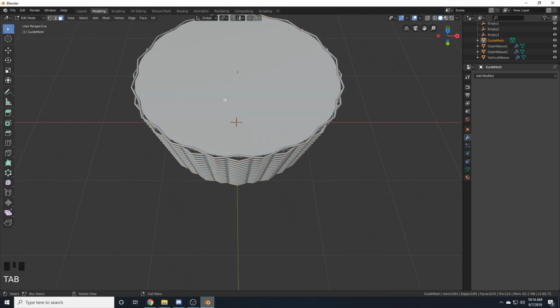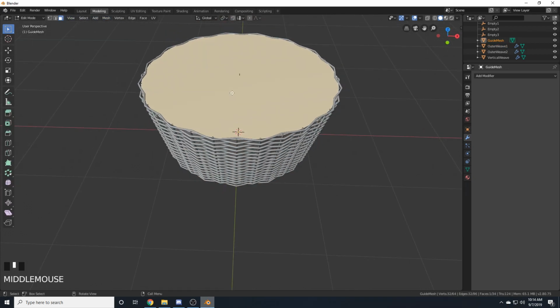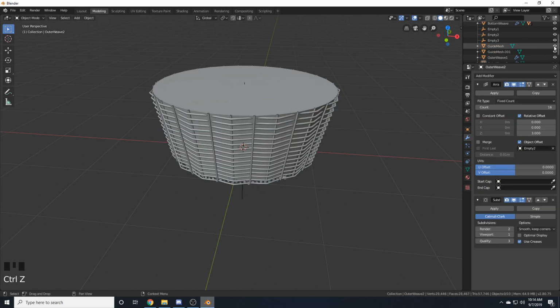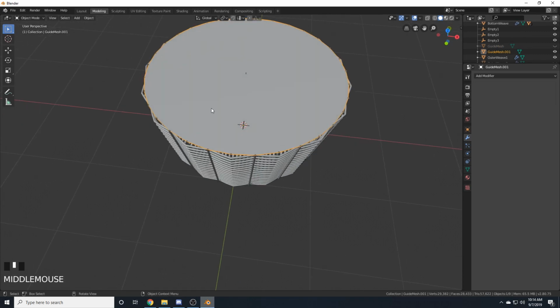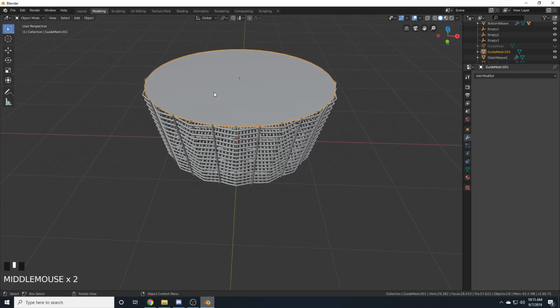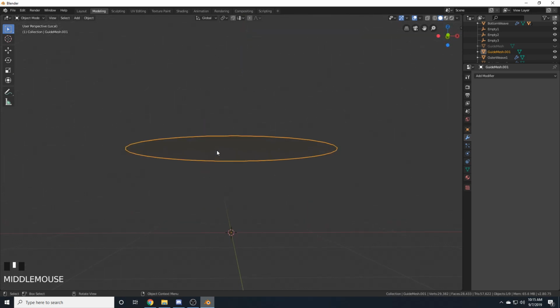and tab into edit mode, select the top face, hit Shift D, click, hit P, selection, go over here, turn off the guide mesh, and with this top face that we just created selected, we can hit the slash underneath the backspace button so that it's by itself,